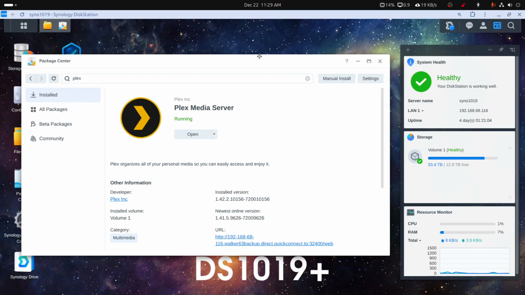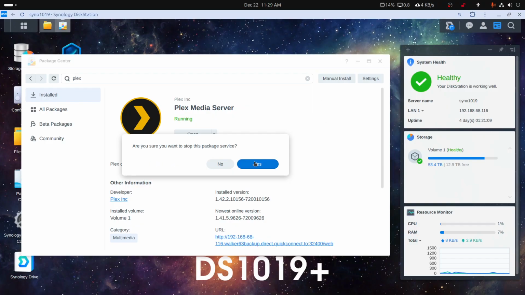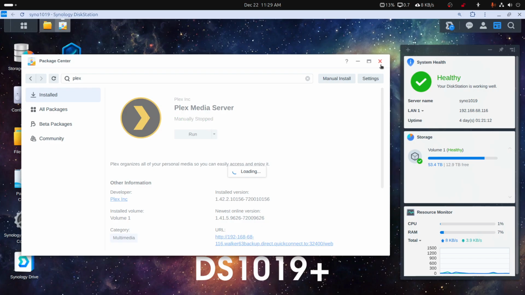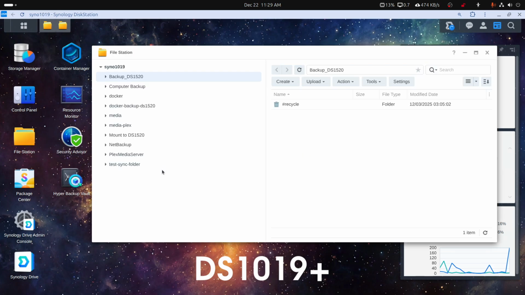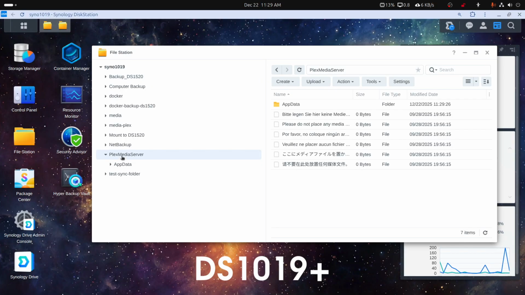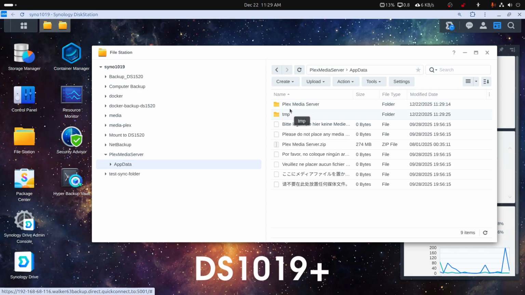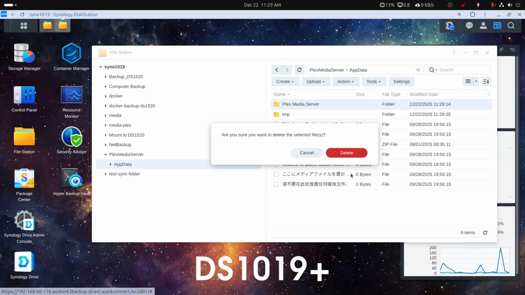Pete didn't have the option to do this when his server stopped working. So go ahead and stop the server. Now, you've got a new server installed and you've got it already backed up. So your new server would be, was it Plex Data that Chuck PA said? You should have a shared media folder named Plex Data. On mine, it's Plex Media Server. So if I go in here into App Data, take this, I'm going to go to Actions, Delete,